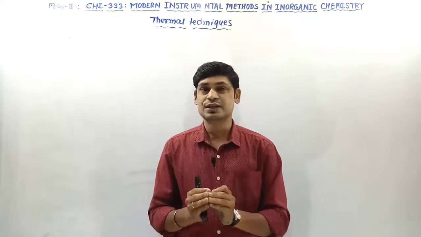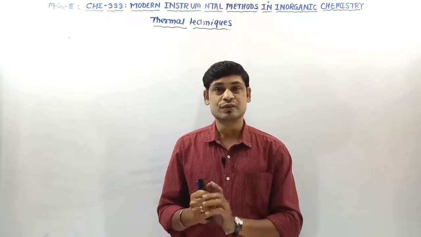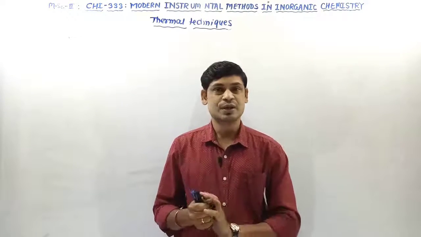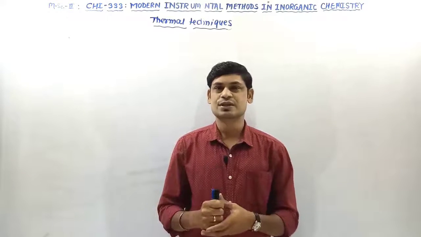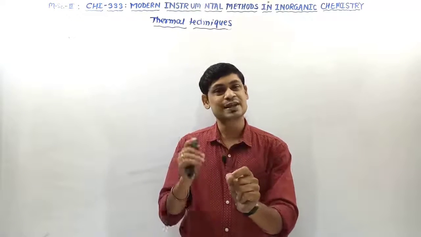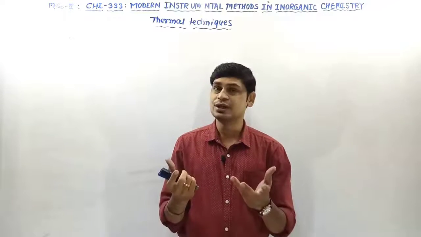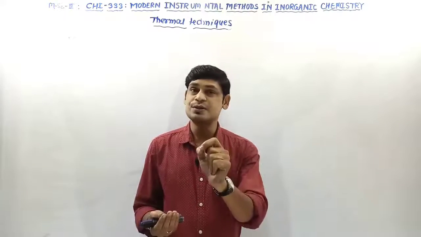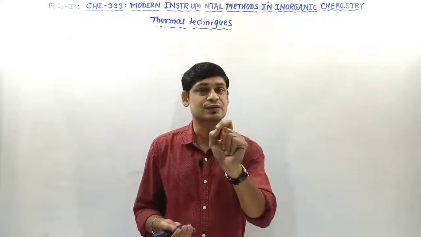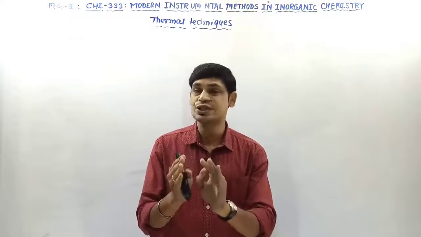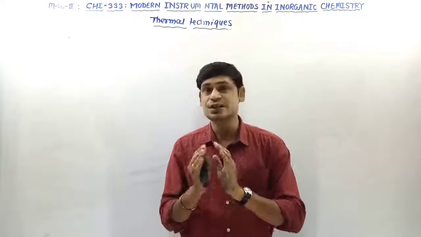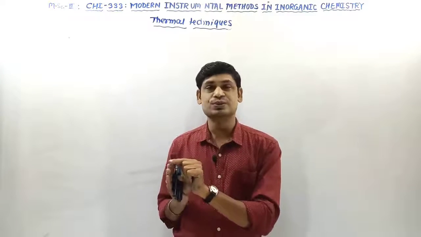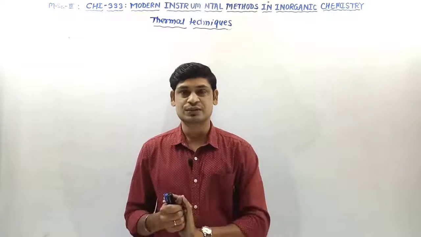The important thing is that in an endothermic process, we will get a downward curve, and in an exothermic process, we will get an upward curve. Because in an endothermic process, the temperature of the sample is less than the temperature of the reference, and therefore the delta T becomes negative. In an exothermic process, the temperature of the sample is higher than the temperature of the reference material, and therefore the change in temperature, that is the delta T, is positive, and we will get a corresponding DTA curve with a positive amplitude, meaning an upward curve.